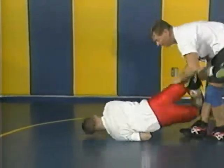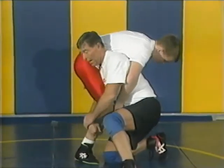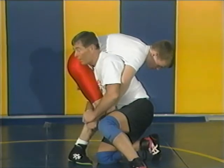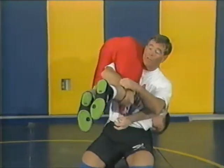stack. Another way to get into a cross knee turn is right off your takedown, especially if you like to use a high crotch. From this position, if I have my hand wrapped and I'm going to switch directions and get him off the mat, especially if he's trying to sprawl on me some, I'm going to lift him up here. From this position, I'm going to reach across